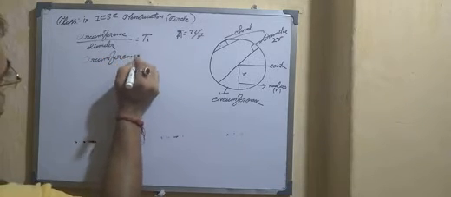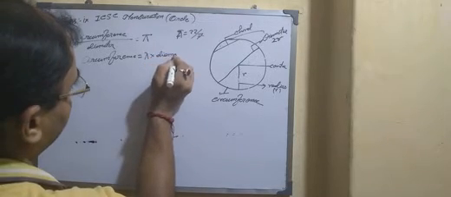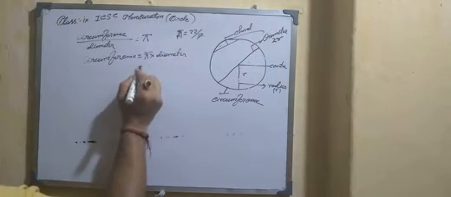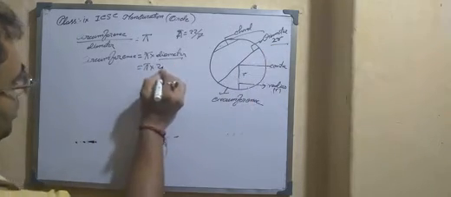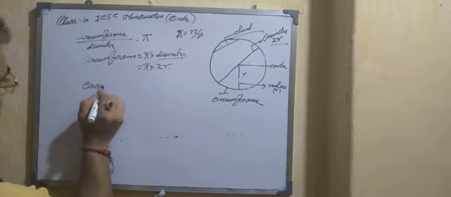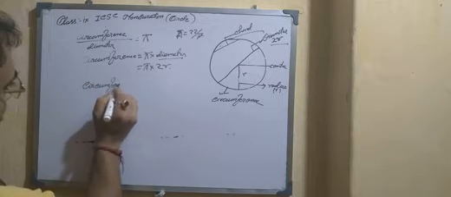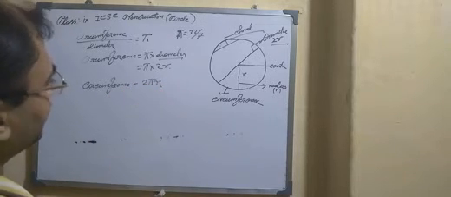circumference equal to pi into diameter. Okay, that means pi into diameter means 2r. Therefore the formula of circumference is equal to 2 pi r. Okay,